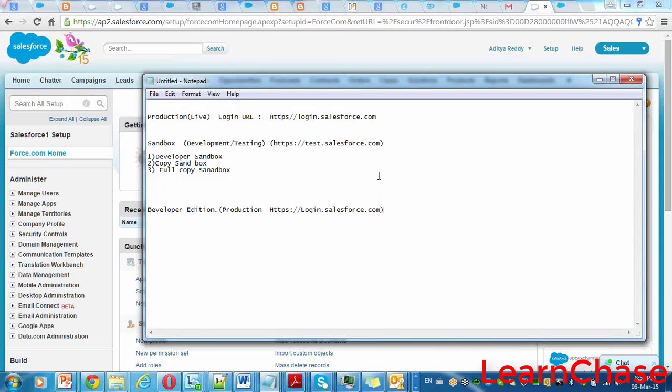So you are saying that in the companies, if you log in to production, you need to choose login.salesforce, and if you log in to sandbox, you need to choose test.salesforce. But here in developer editions, you only have to choose login.salesforce. If you go to a company, they will give you sandbox and production access also, whenever the requirement comes.